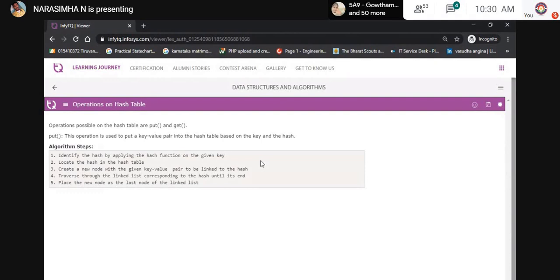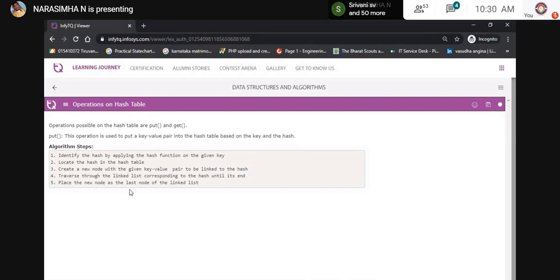Next, create a new node with the given key value pair, linked to the hash. Here the hash is nothing but your hash value. Next, traverse the linked list corresponding to the hash until its end, and place the new node as the last node of the linked list.